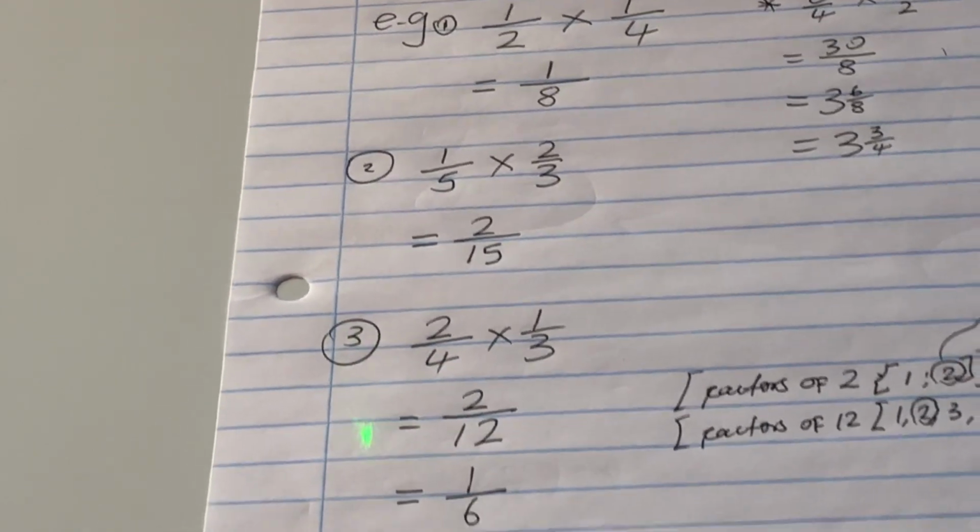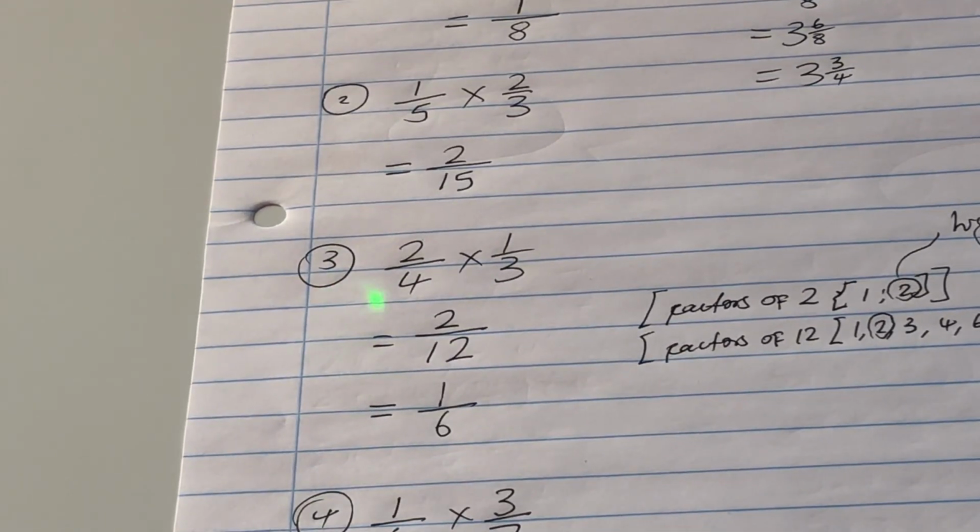Let's look at number 3. 2 over 4 multiplied by 1 over 3. Numerator multiplied by numerator, which is 2 multiplied by 1. This will give us 2. 4 multiplied by 3, it will give us 12. This can be simplified further. You can move a step further